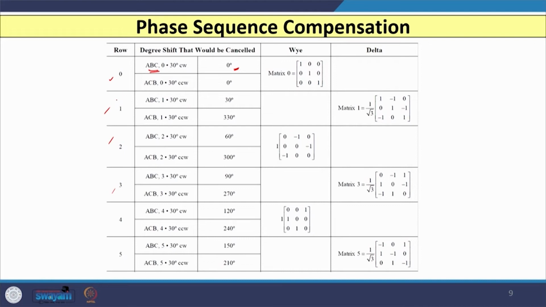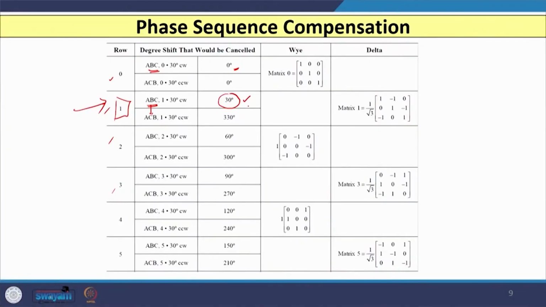For example, if I consider the row number 1 in which the phase sequence is, let us say, ABC, in that case we need 30 degree compensation in clockwise direction, and if we change this phase sequence from ABC to ACB, then we need a 330 degree phase shift in counterclockwise direction. So, the degree of phase shift which we need to cancel is either 30 degree in clockwise or 330 degree in counterclockwise direction,